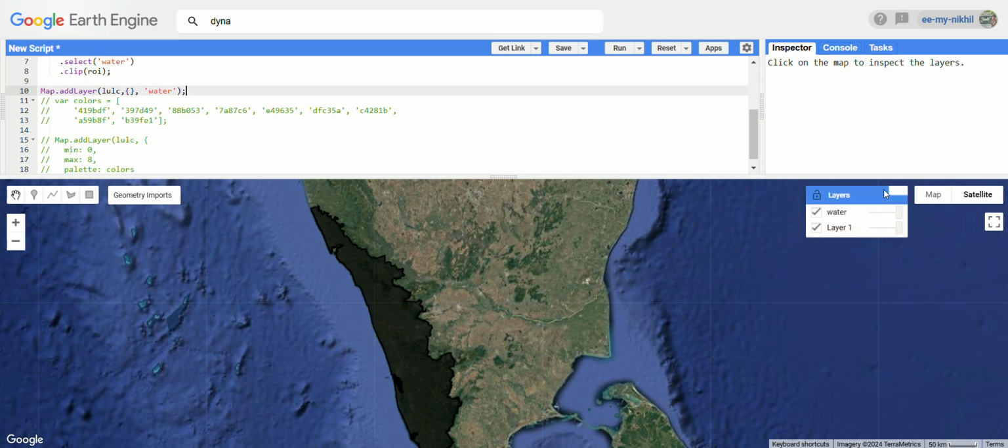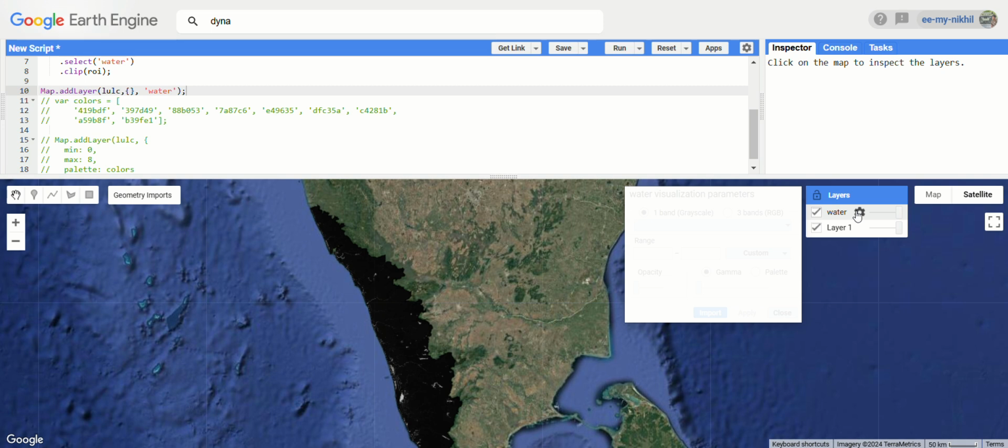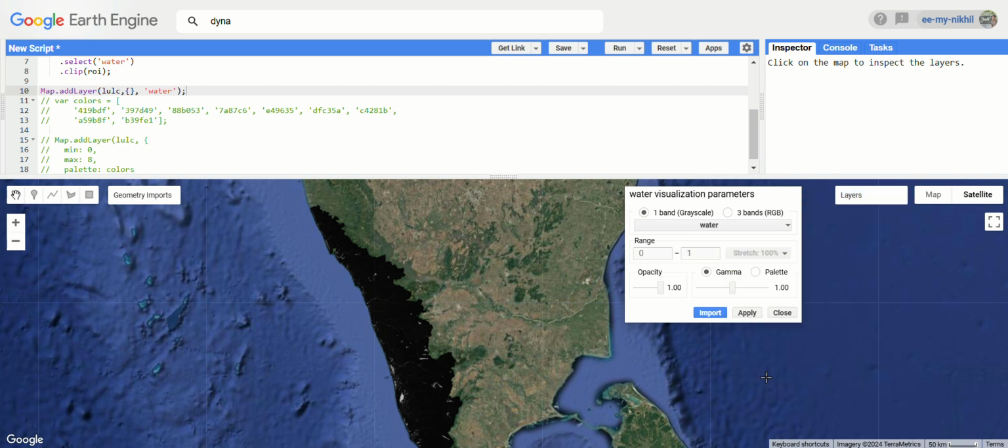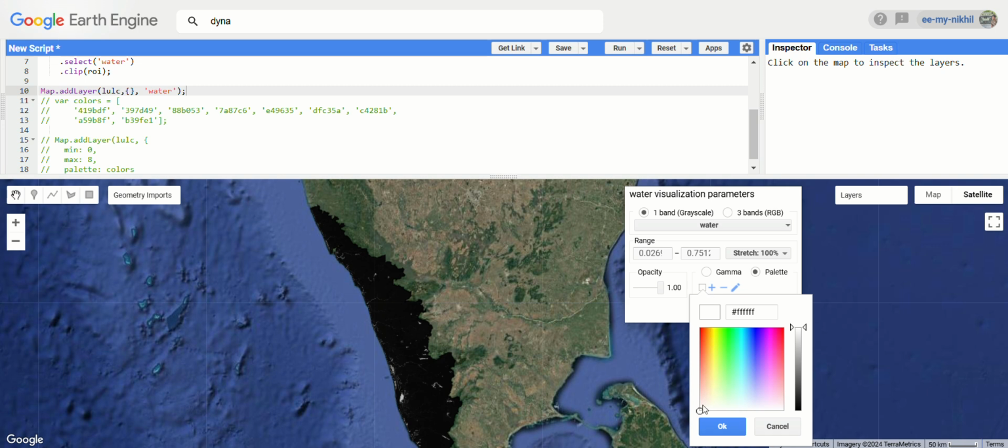First layer is loading. Yeah, so you can give the color to blue if you want, or it's in the grayscale. So let's search for the colors in order to have the better visualization. So you can stretch the range to 100%. It doesn't change. Its values are from 0 to 0 only. And if you come to the palette, you can give